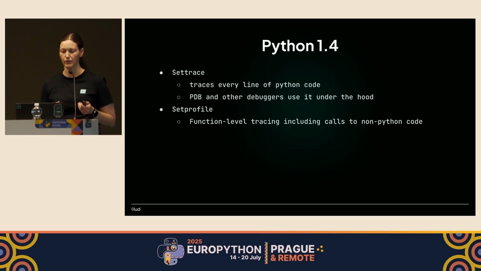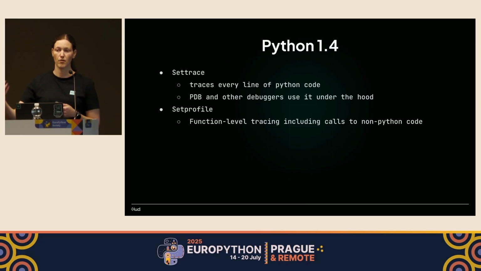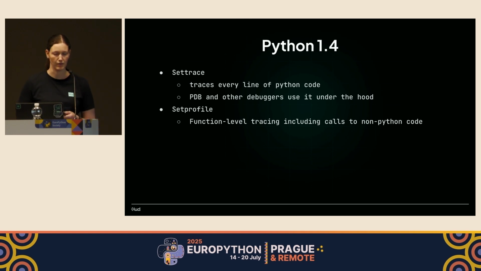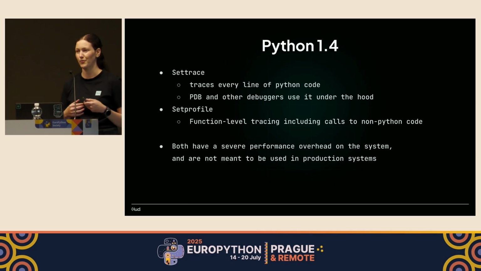Set profile lets you trace a function level, and that also includes calls to non-Python code. So if you're calling another process or C code or something like that, it also allows us to do this. And then the bad part about that is that both of those have a very severe performance overhead on the system. They were designed to let us debug things locally on our computer